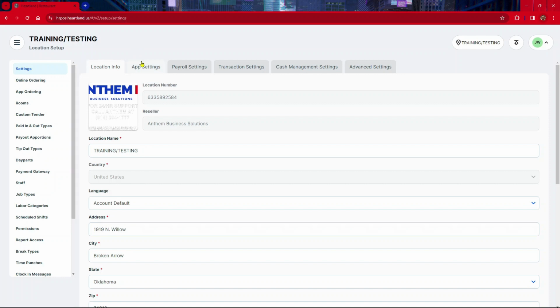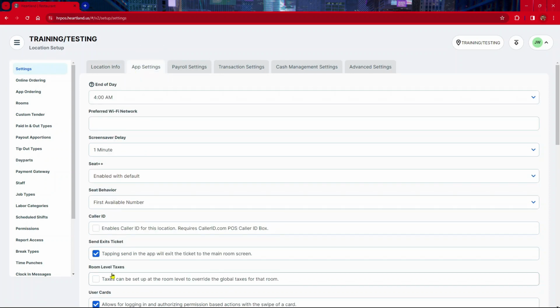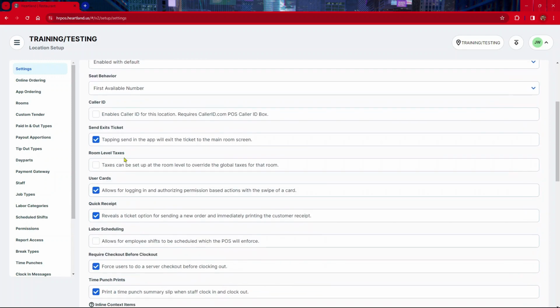Unable to determine which one of those two you need to change, you need to go to Settings and then App Settings. And then you need to scroll down to where it says Room Level Taxes. If this is unchecked, let me show you where to go. That's unchecked, you go to the menu,